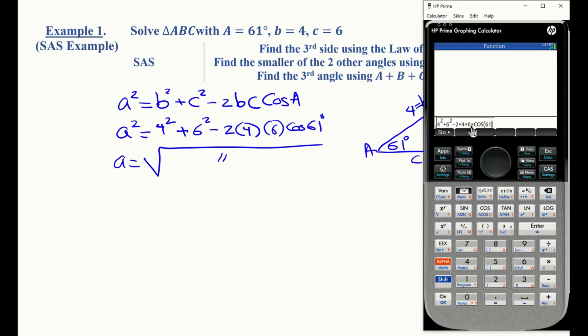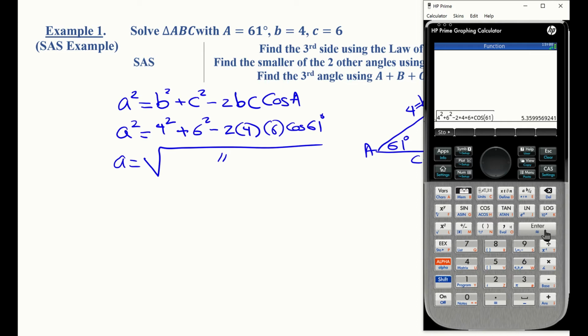It's highly recommended that every time you finish typing one of these into a calculator, you take a quick look to make sure you typed everything in correctly. 4 squared plus 6 squared minus 2 times 4 times 6 cosine of 61, and then we go ahead and hit enter. So we get approximately